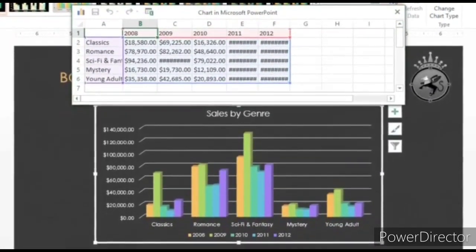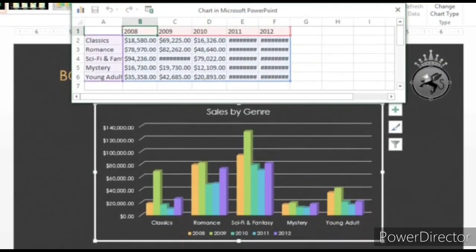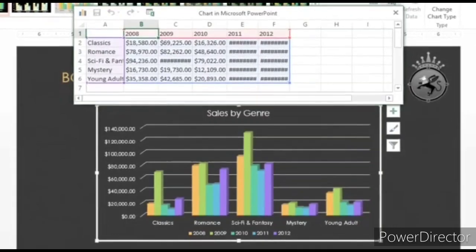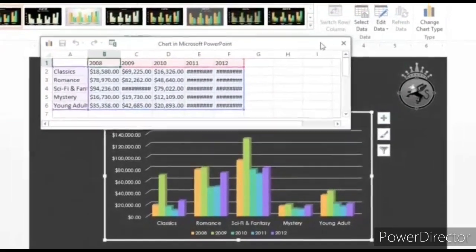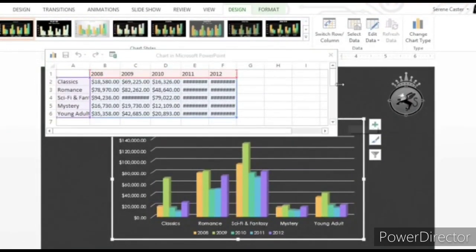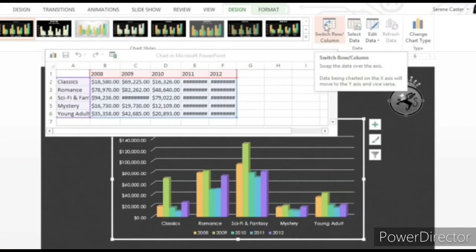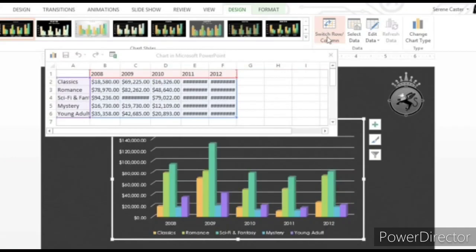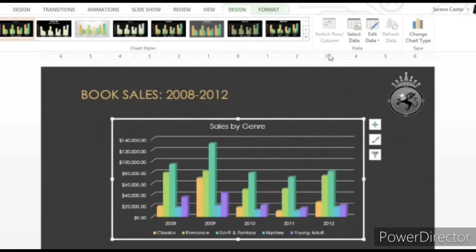Okay, next we are going to see switch row and column data. Suppose you may want to change the way a chart groups your data. For example, if we want to change the horizontal axis to vertical axis, or the vertical axis to appear as horizontal axis, click on the Switch Row/Column group. Then automatically the data will be changed. Horizontal to vertical, vertical to horizontal. Can you make out? Yes. Now the data is rearranged.